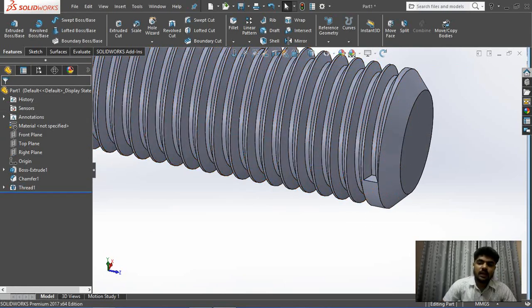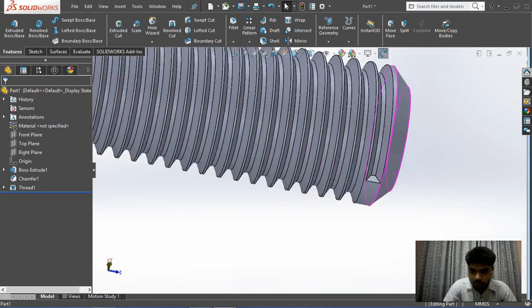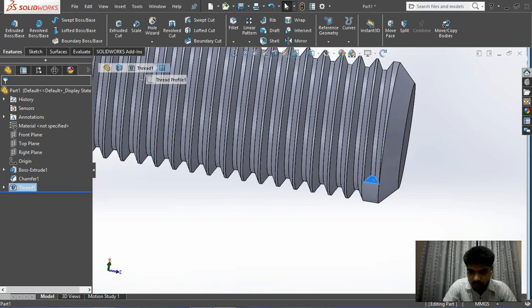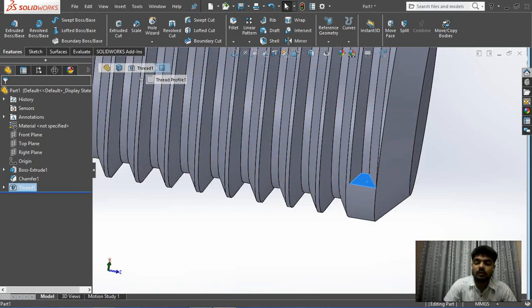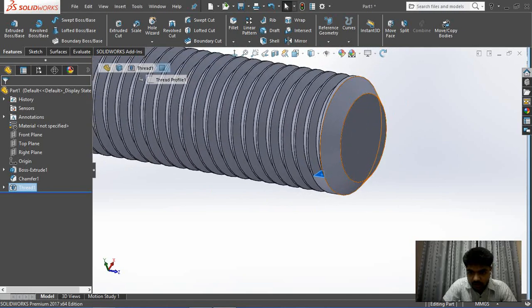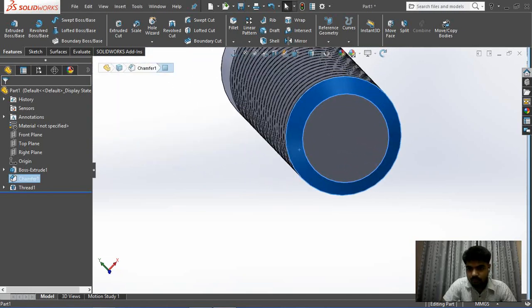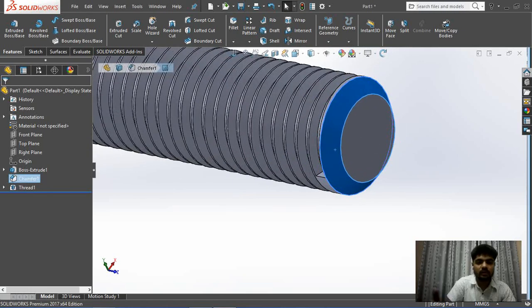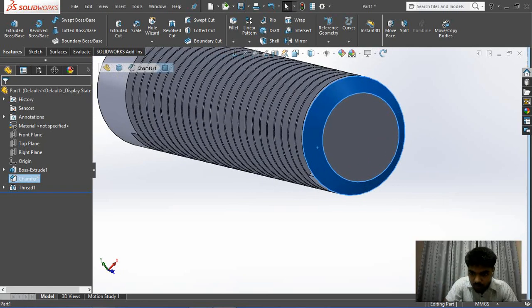If you think a little practically, this what you can see over here should not appear. Because if we are going to make a thread on a lathe machine, there should be a starting point over here, because when the tool travels from left to right, since it is a right hand thread, there should be a starting point which you should see over here.